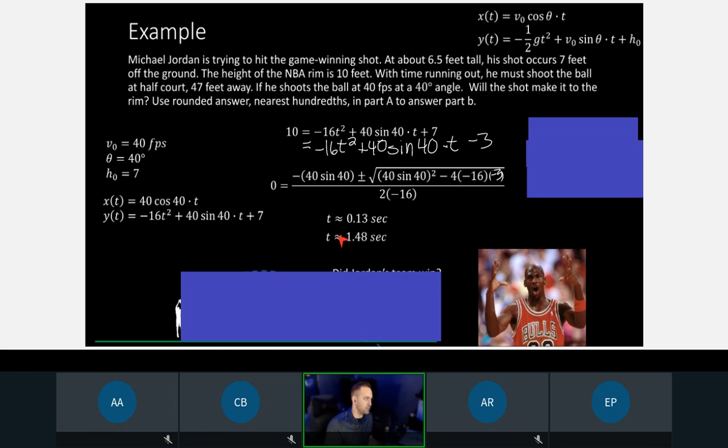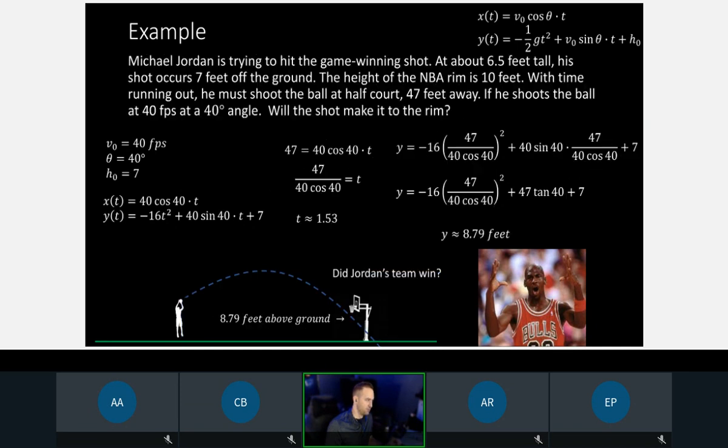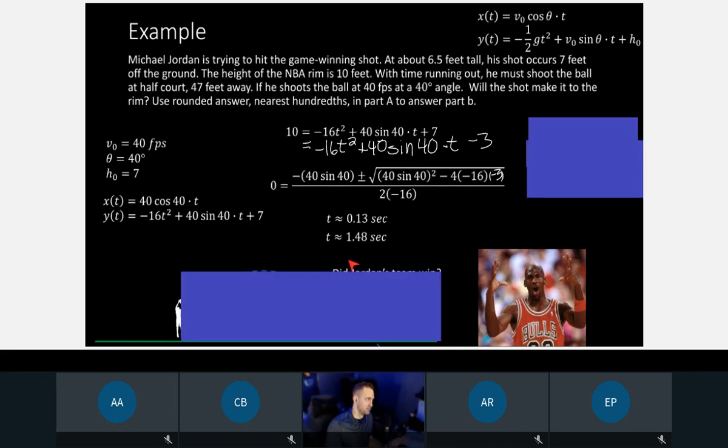Going back to the previous problem, it takes 1.53 seconds to get to the distance we need, but at 10 feet, it's 1.48 seconds. So this is less time